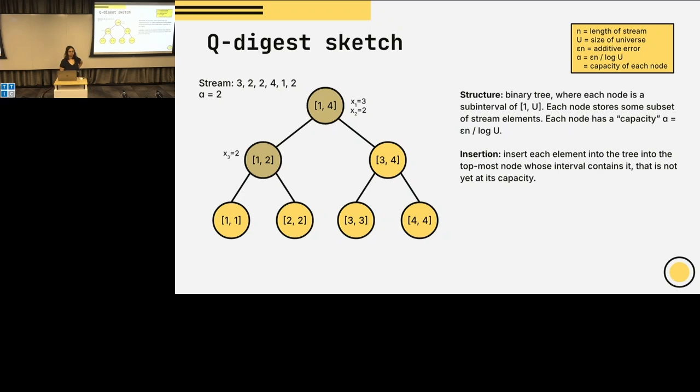Construct the nodes. It's just a binary tree. So let's say U is 2 to the k, then the topmost interval is 1 to 2 to the k. The left one is 1 to 2 to the k minus 1, and then the other half of that. Basically you start with everything, and then you just split into 2s, into the first half and second half.